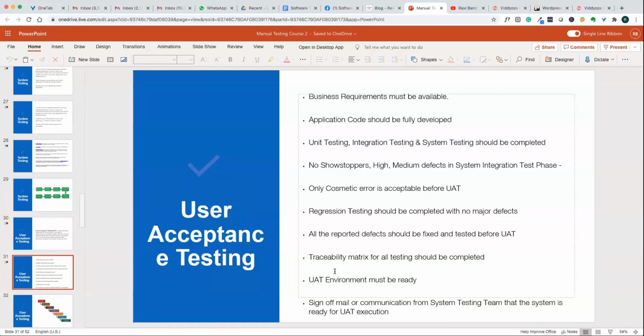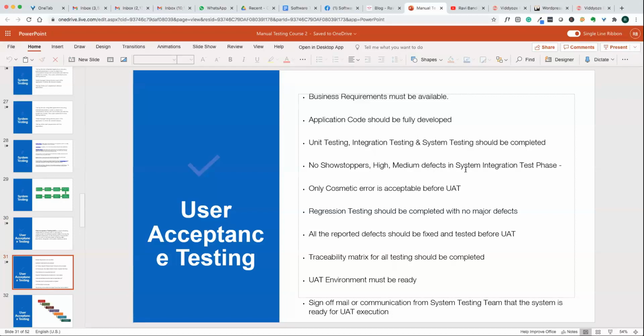By the time we start user acceptance testing, these things should be ready. The business requirements should be available and the application code already developed. All the unit testing, integration, and system testing is completed. No serious issues are there, no high priority or medium defects in the system.